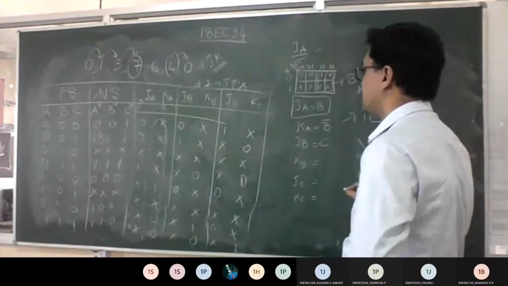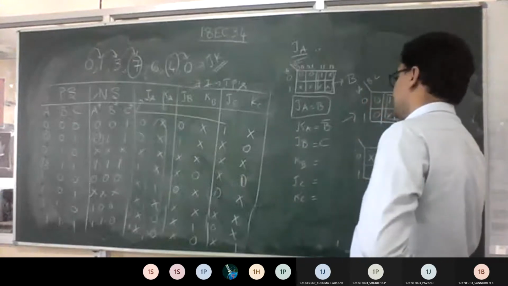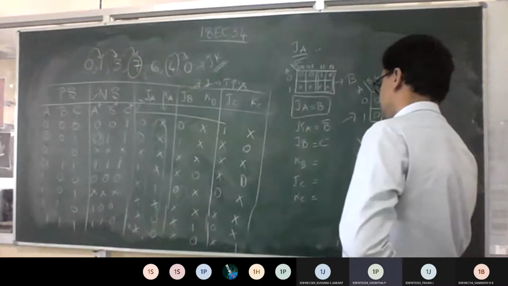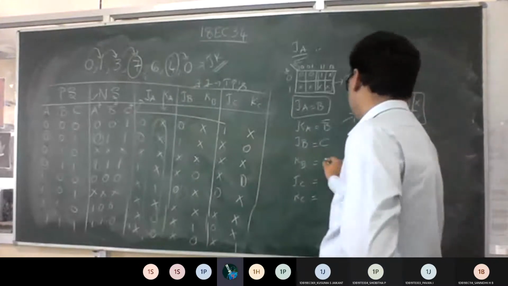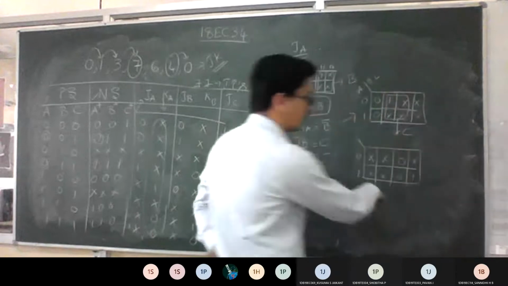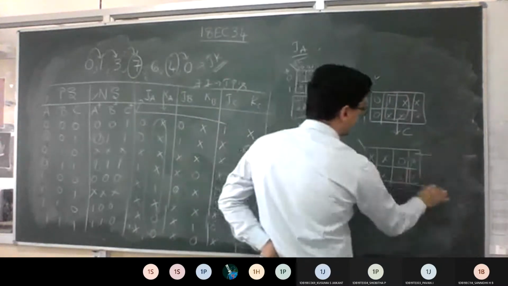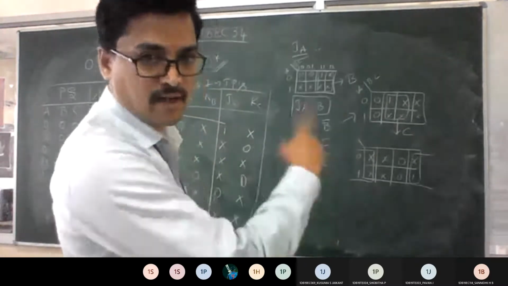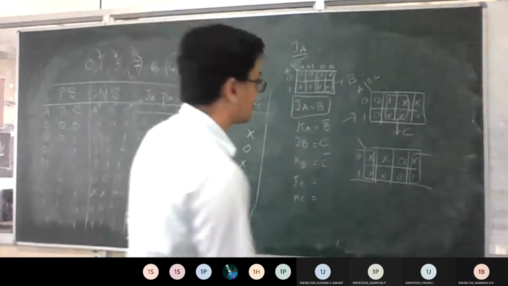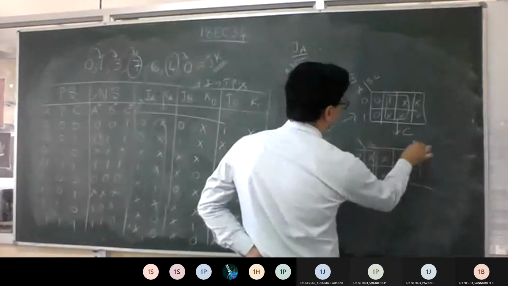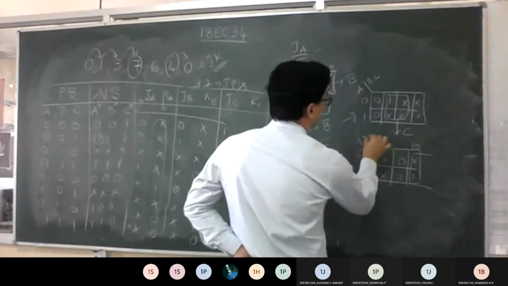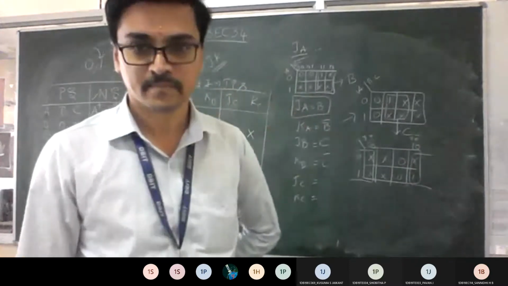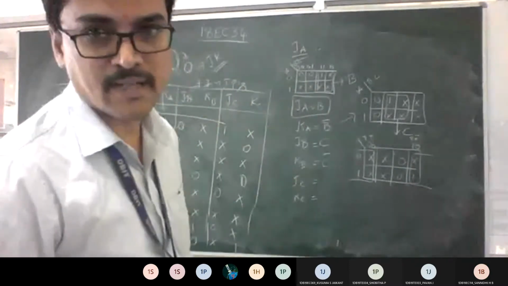Why will you get different answers? Your answer should be the same, no? So it's X, X, X. Sir, C bar. Okay, let's verify. So this is how the K-map looks, right? So you can take these two. It is a quad, either way, yes or no? So from this, the common terms you should take are B bar, C bar. So this is your B, C bar. Common term C bar, right?